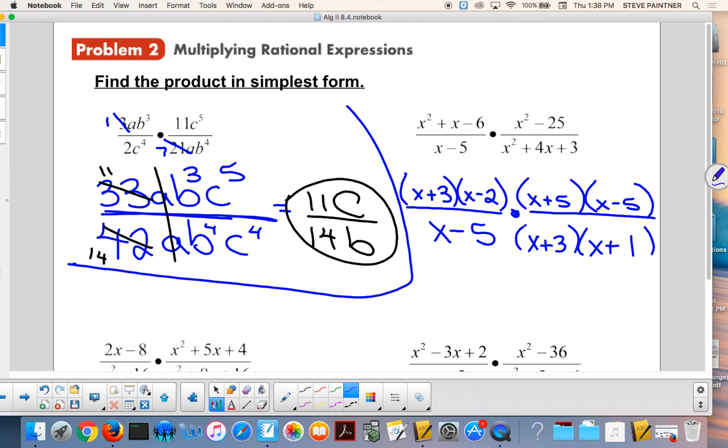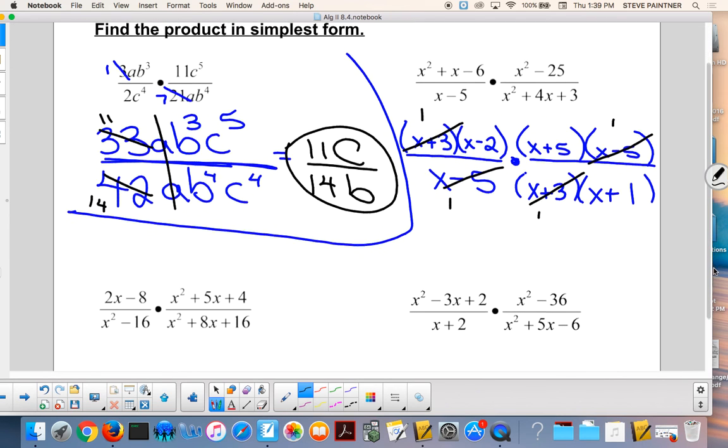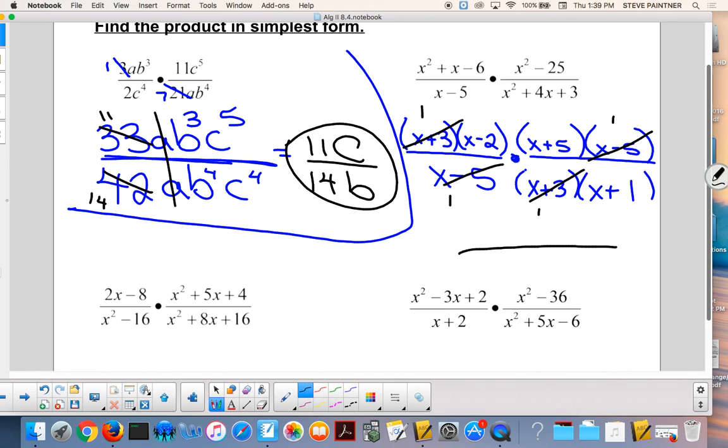Now start looking for like factors. See them? What with what? X minus 5 with an X minus 5, 1, 1. X plus 3 with an X plus 3, 1, 1. Anything else? No, we're done. So the answer on top, it's that number, X minus 2 times this number, X plus 5,